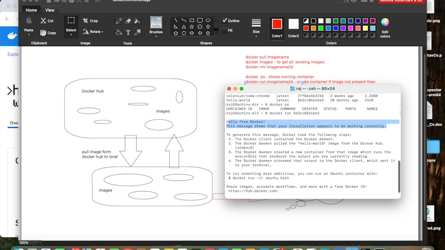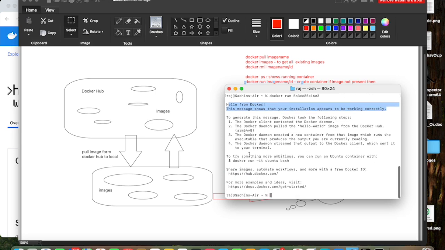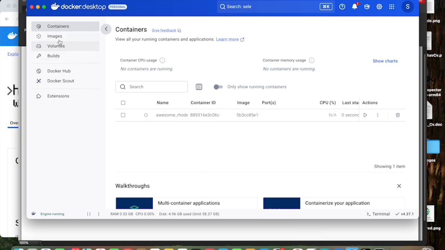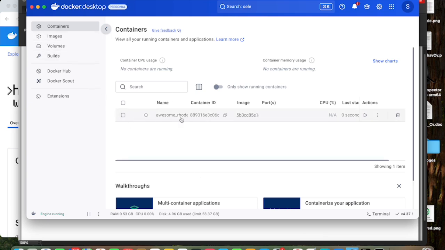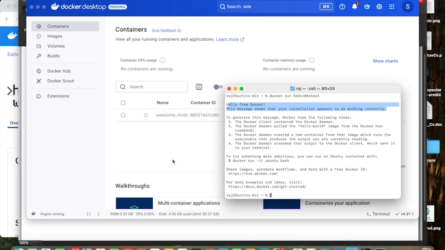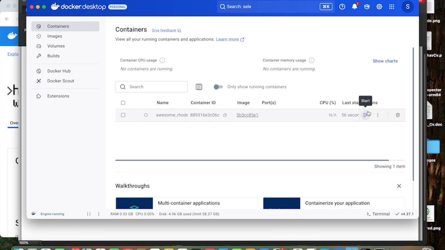Now come again here, and we'll check whether the container is created or not. We can go to Docker Desktop and go to containers. See, previously there was no container, right? If you see here, this container is there. Now I want to start this container, right? So I'll take this container id and start it, because see, this container is not started, it's just created. The action column says you can do it manually through the desktop as well,